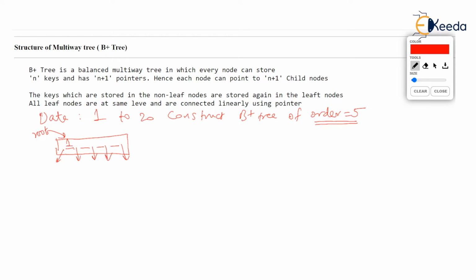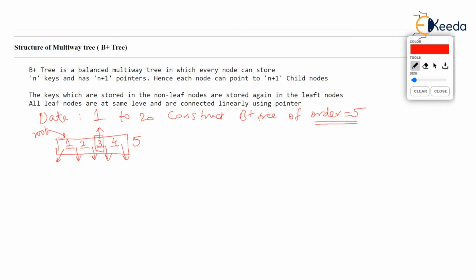Store the first few keys in this in sorted order. Now take the next value 5. But 5 cannot go in this node. This is full. Node has capacity of only 4 keys. So imagine 5 joins after 4. It can't join after 4, but just imagine. Then we have got a sorted sequence of 5 keys. 1, 2, 3, 4, 5. And just as in B tree, we will split this sequence into 2 equal halves, and the median, that is midpoint is 3, will propagate up to become new root.